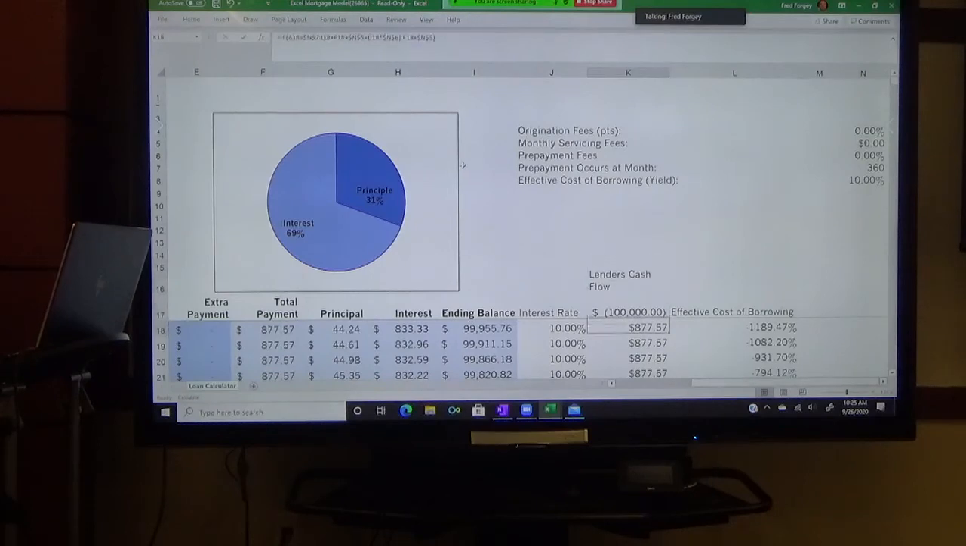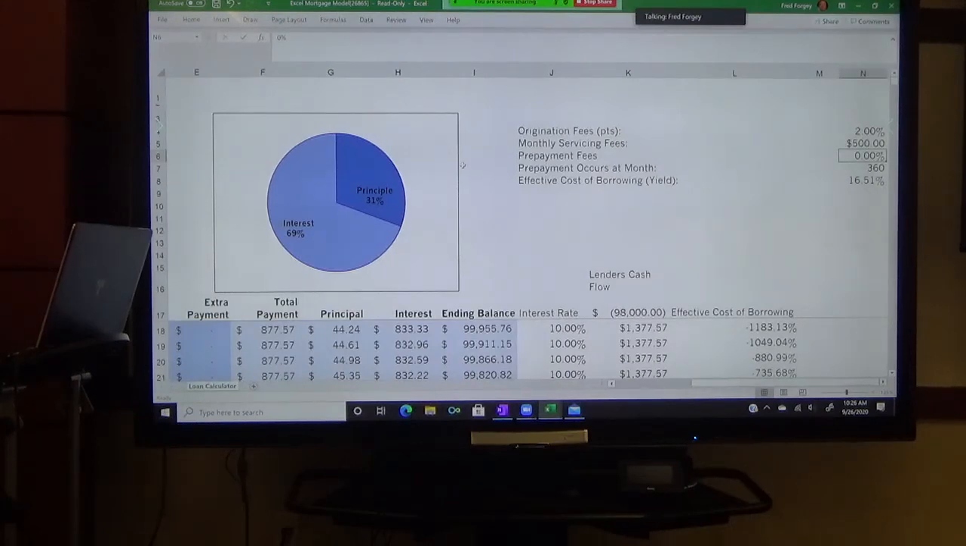Now look here at this cell, the 100,000. If we go up and we change the loan origination fees to 2%, look what happens. Boom. Now it's $98,000, just like what we had worked today in class. Okay? Now what if we had $500 monthly servicing fees? Boom. Okay? Automatically your mortgage payment goes from $877.57 now to